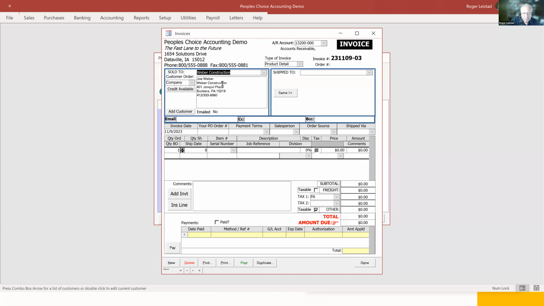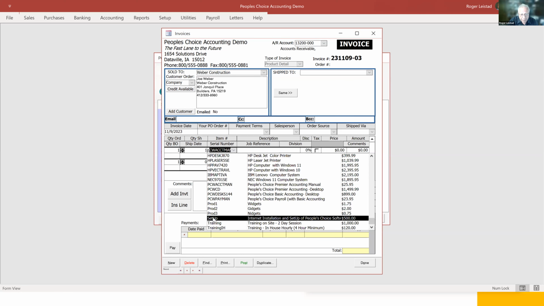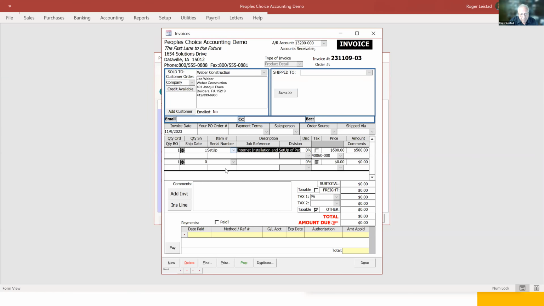So now you're bringing them up, and if they're going to charge it, then you just come down here and you fill in your invoice and product 3,